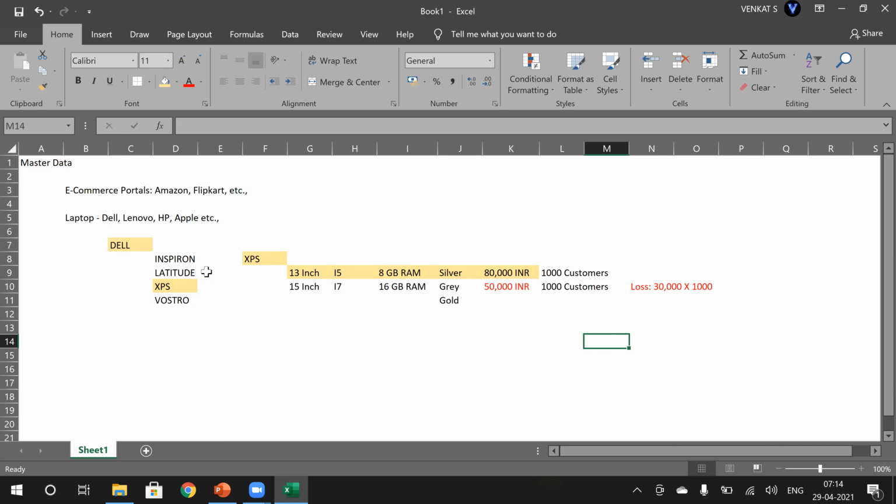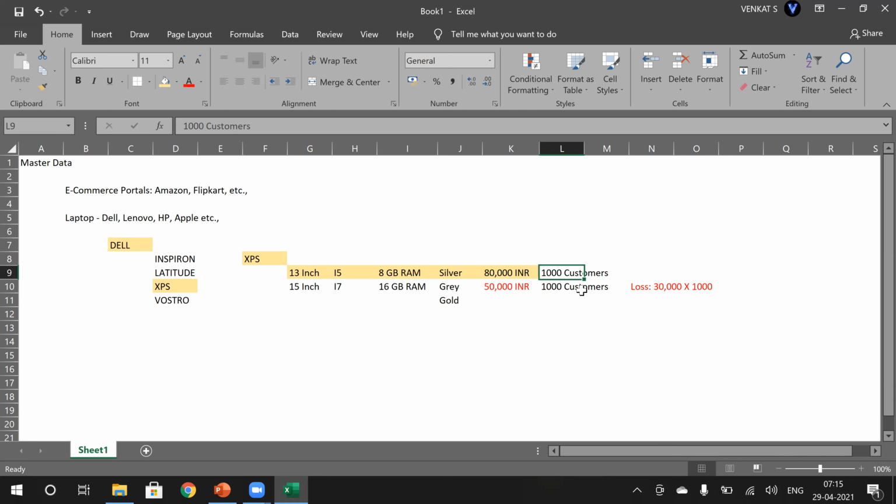Now, whatever information we are maintaining for our product is called master data. And this master data is one-time data. Whoever purchases this product, the purchase transaction details are considered transactional data.